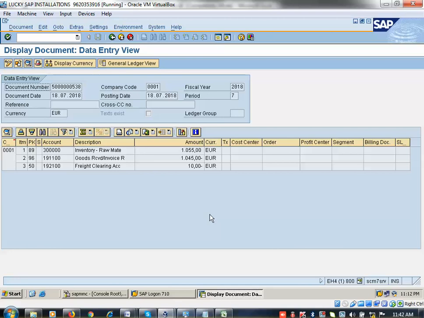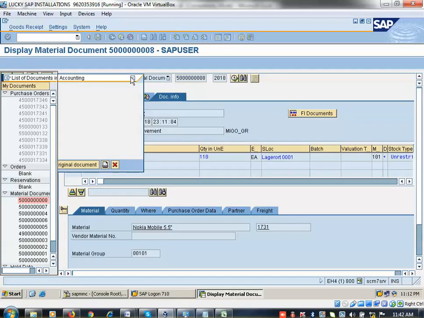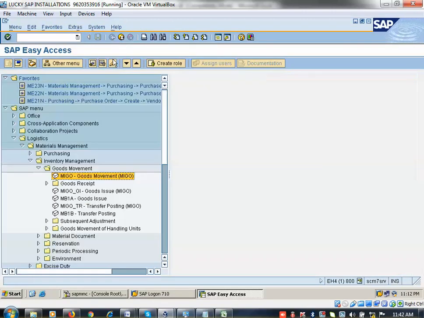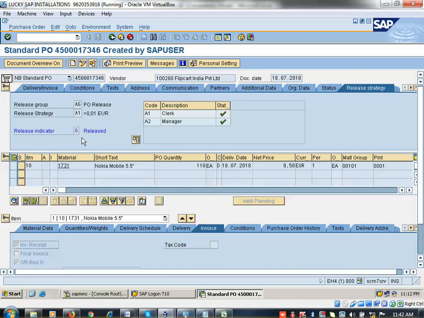So this is the value. This is the total product cost we have to pay to the vendor, including freight charges of $10. 1045 is the product cost, $10 is the freight cost. So what is next? Now I have to show you the invoice. I am taking my PO number here, which is 346. PO number is required. You created the material master and vendor master, then you created the PO. With reference to the PO you created the goods receipt, and with reference to the PO only, you have to receive the invoice also.